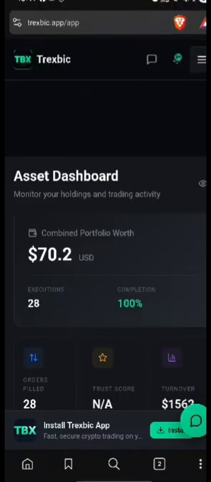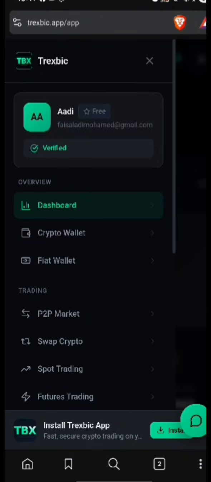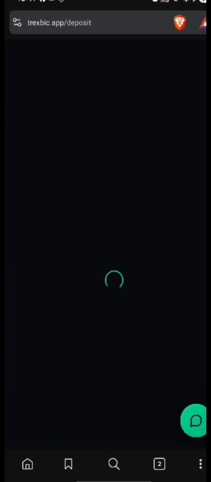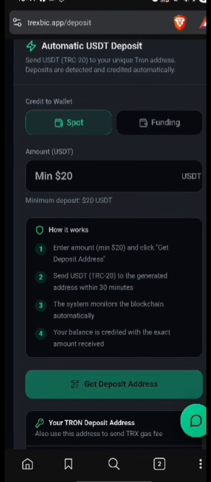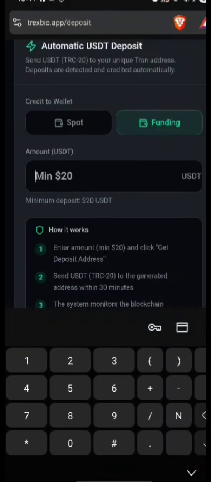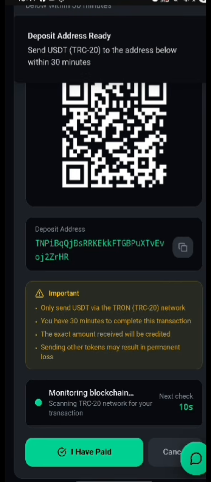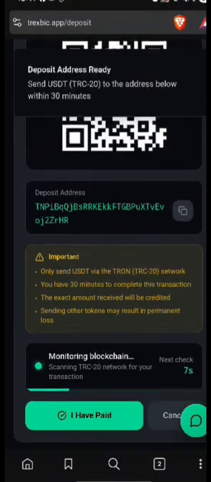And then after creating the account, guys, the next step, you need to fund your account. So I'll go direct into funding my account. I'll click on the three dots, click on crypto wallet, and then I'll click on deposit. And you make sure you deposit on funding wallet, and the amount I'm going to deposit today is 1000 USDT. And then, guys, I'll click get deposit address,